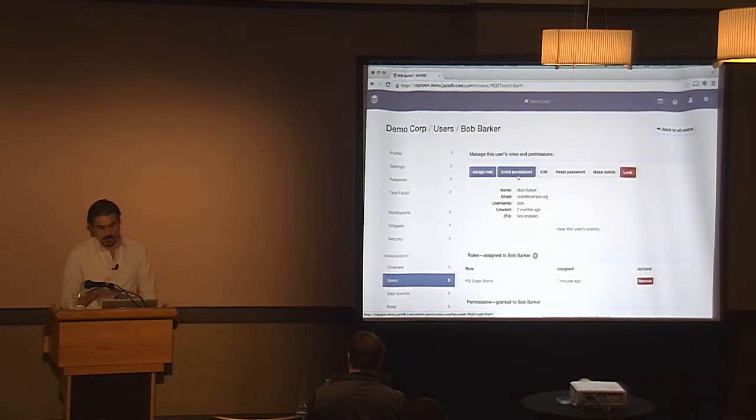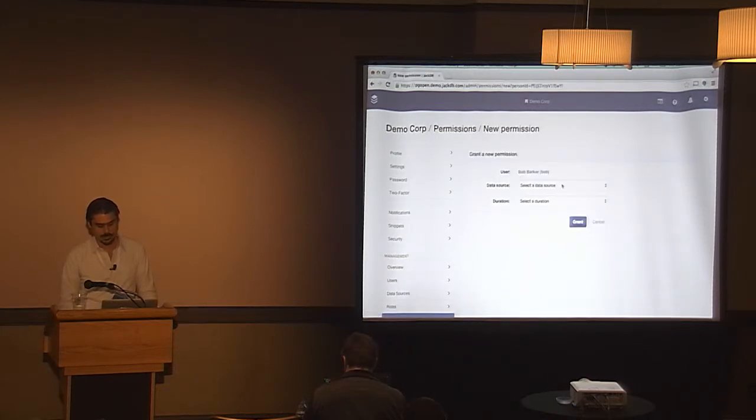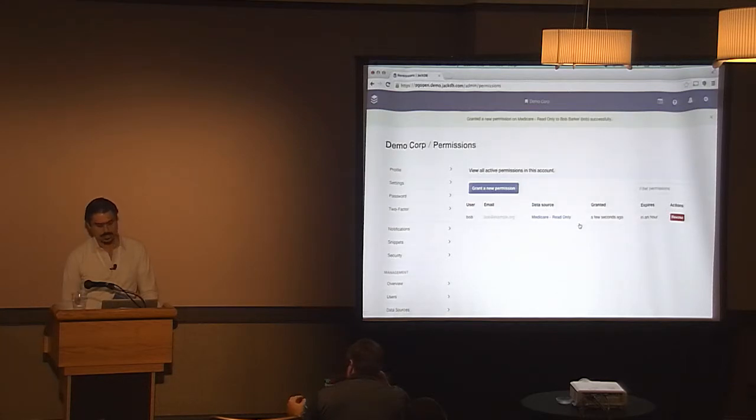So the other authorization method we have here is what we call temporal permissions. So I can say, I have Bob here, I want to give him access to the Medicare database, and I can say he has access for 1 hour. Now this creates a separate authorization entry that he can use to connect in, and it'll automatically expire afterwards. So if I have a production deployment, let's say this Friday, the admin could grant access to the dev team to do the deployment, and then you don't have to go revoke it afterwards. It just happens automatically. If they need to extend access, you can just grant more of a permission.